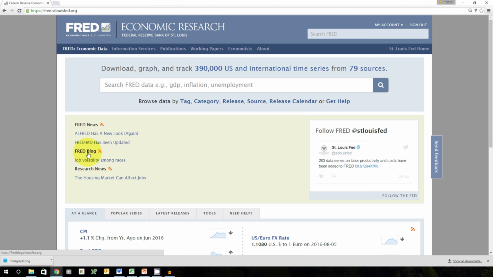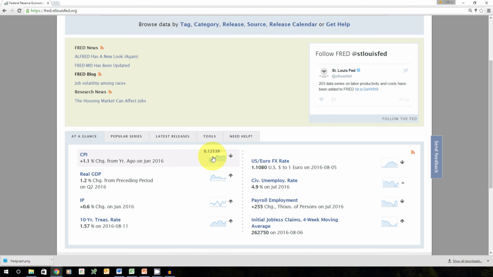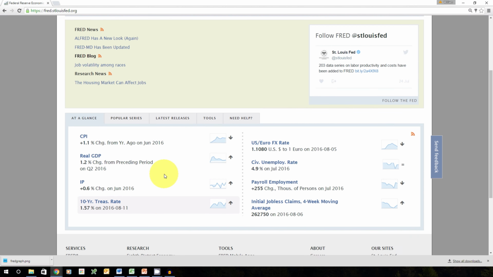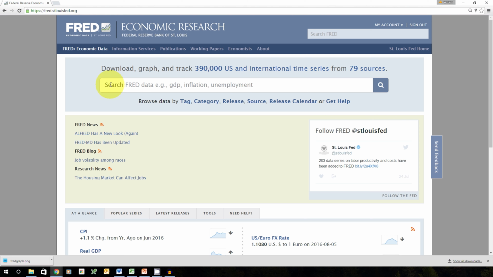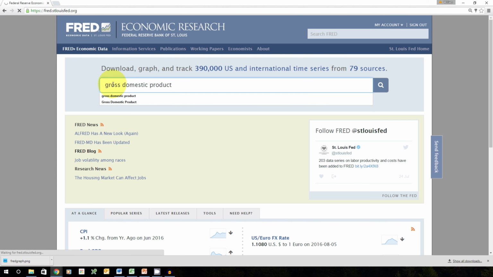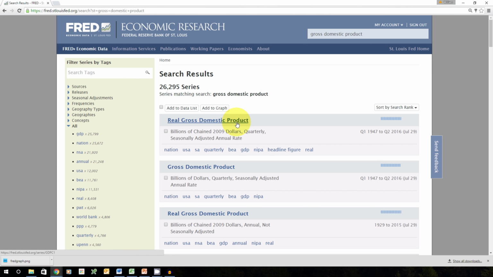Welcome to the FRED site. Take a look at the address to the web location and in your browser type it in and go to FRED. Within FRED you see several links of information that we can click and jump to. But most important is look for this input envelope to search FRED data. Here I'm going to type in gross domestic product. When I hit this, it's going to search all of its databases for information about the GDP,